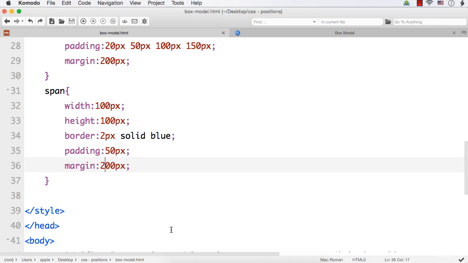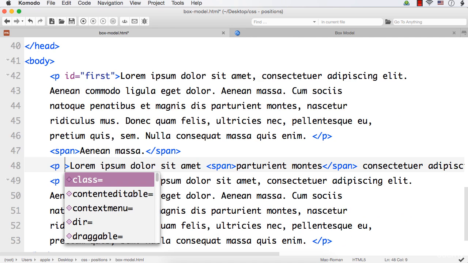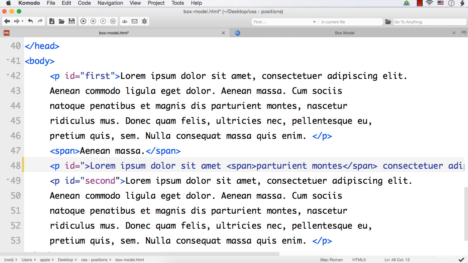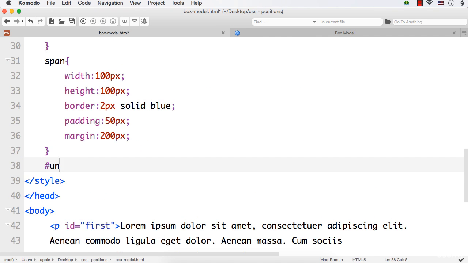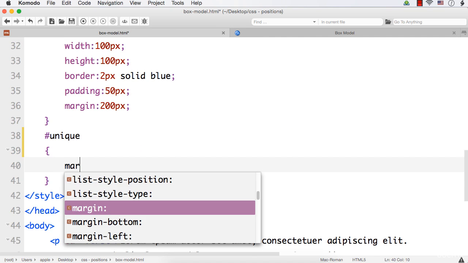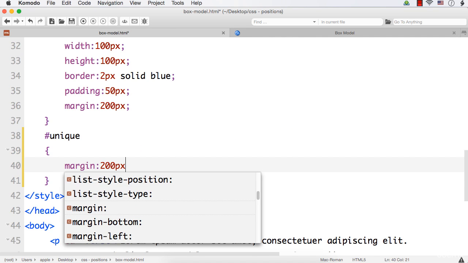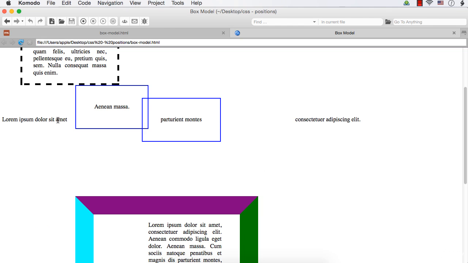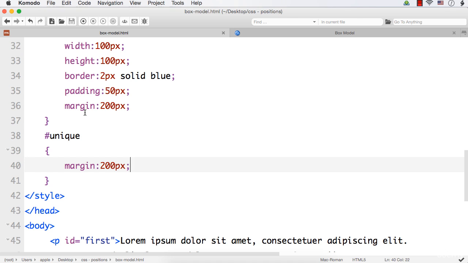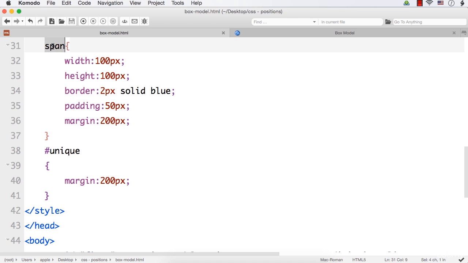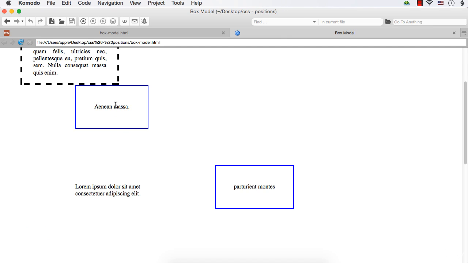So suppose I specify another ID for the other one. Let it be, say, unique. Okay. And if I specify hash unique and set a margin of 200 px, what will happen? There will be a gap between this and this span element. Let me refresh. See, you are seeing a gap here. But when we set the margin value of 200 for the span element, we could not see such a gap between this span element and other elements, or between this span element and this element.